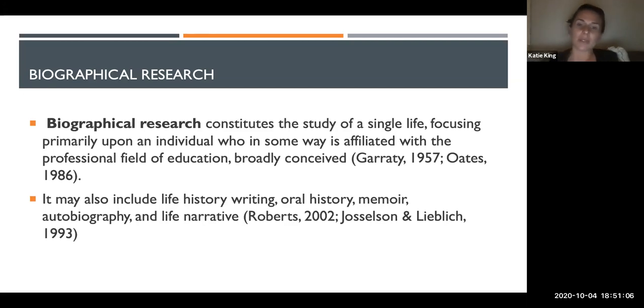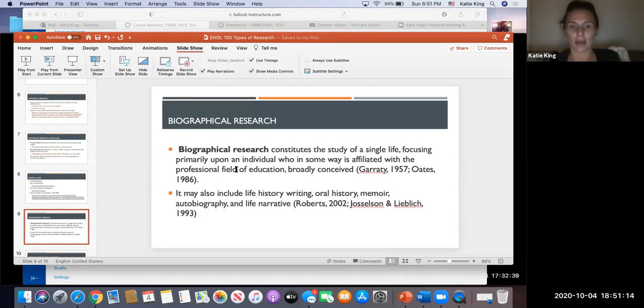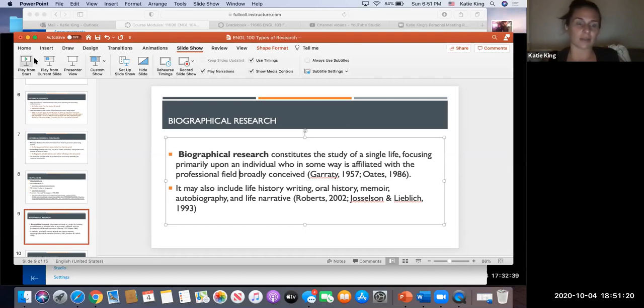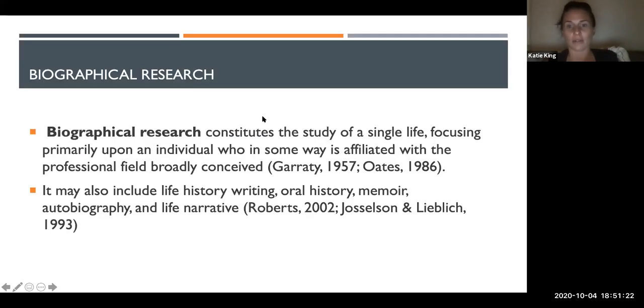So biographical research constitutes the study of a single life, right? And I would just say that the professional field broadly conceived, because it's not necessarily education that we're looking at, right? So it's the study of a single life, someone who is affiliated with the field of study that you're looking at, right? So if we're talking about M. Butterfly, that could be David Henry Hwang and a biography of him. That could be